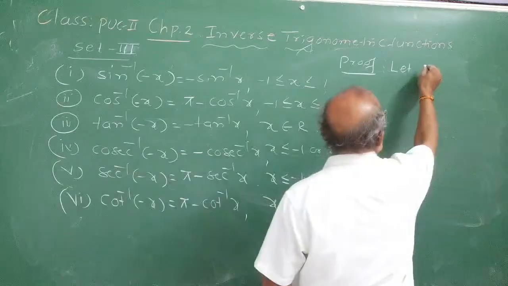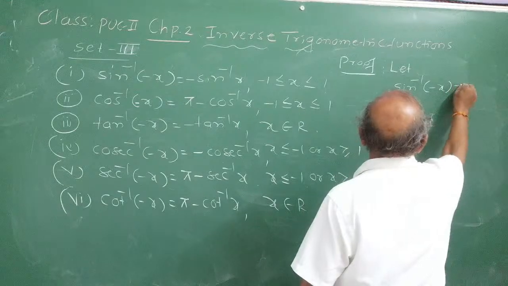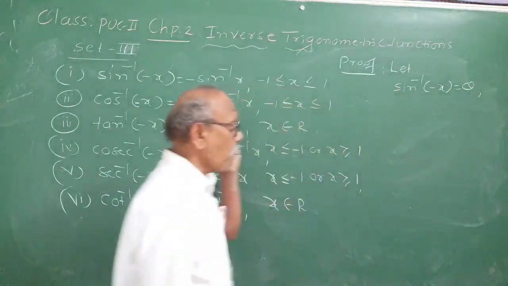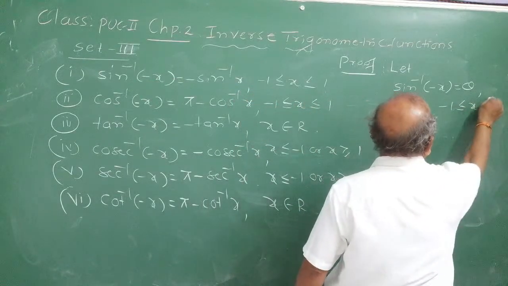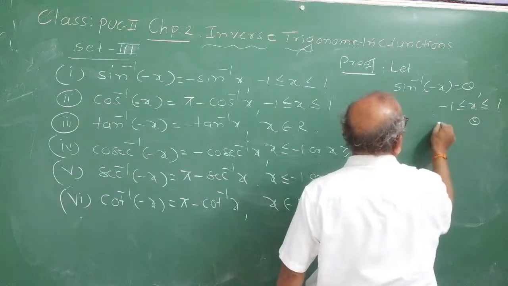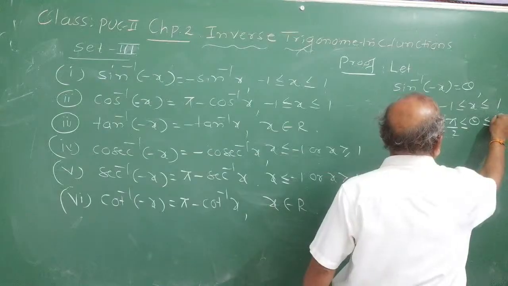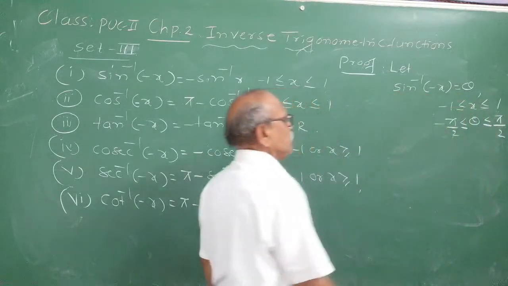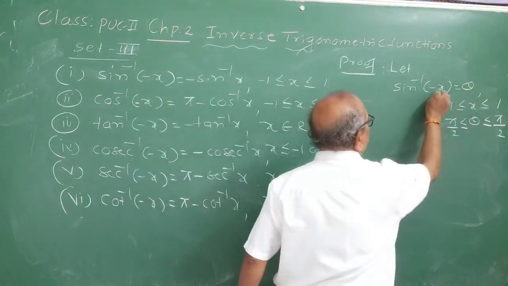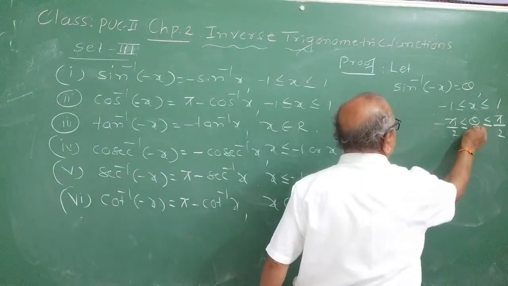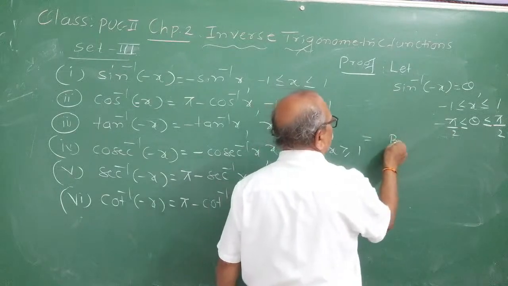Let sin inverse minus x is equal to theta. Assume it. What are the restrictions? x lies between minus 1 and plus 1, which means theta will lie between what? Minus pi by 2 less than or equal to theta less than or equal to plus pi by 2. Restrictions are very, very important. When x lies between minus 1 and plus 1 and theta lies between minus pi by 2 to plus pi by 2, that implies by definition